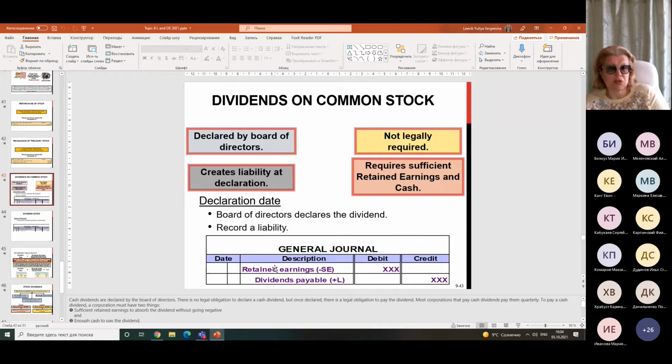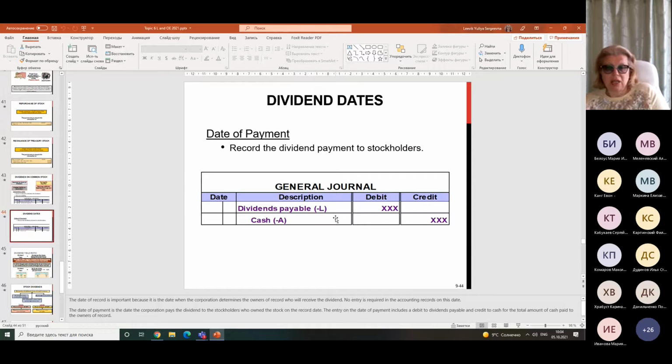This is why in correspondence you see retained earnings account, retained earnings account. Please pay attention to this accounting entry. And another important day is the date of payment, when the dividends are paid, and the accounting entries are the following: to decrease cash. Of course, it's obvious to decrease cash when we pay, and also to decrease a liability for these dividends. To decrease dividends payable, you see dividends payable are on debit,